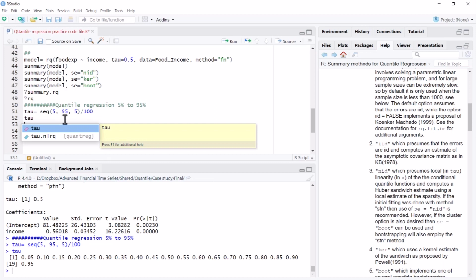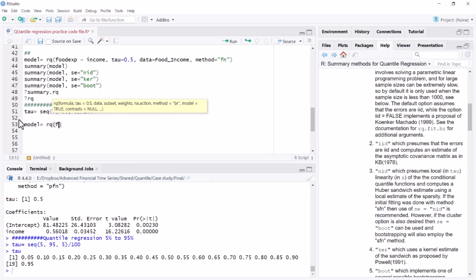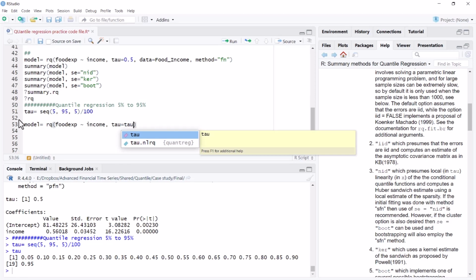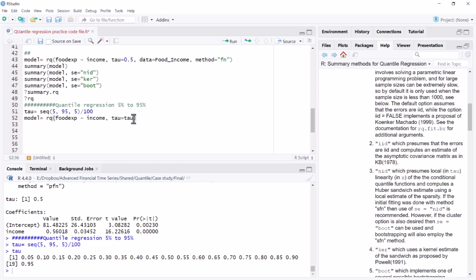Now with these quantiles, we can start our quantile regression analysis. As a first step, we would like to use this model command with RQ. RQ is short for quantile regression. Our model will remain very similar to what we saw earlier: food expenditure regressed on income. The change here is that instead of 0.5, I'm writing tau, and tau, as we have already seen, starts from 0.05, which means the 5th percentile, to the 95th percentile. We need to specify the data, so the data is foodincome.